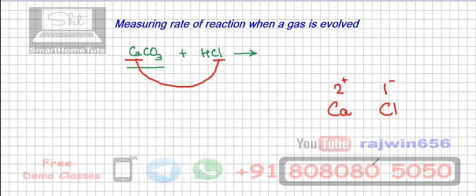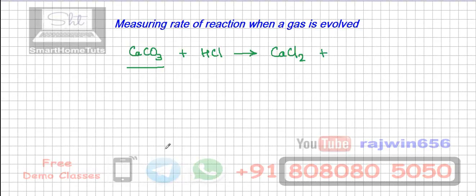How to write the formula of a compound that is formed between calcium and chlorine, that is calcium chloride? You are simply going to exchange these valencies. So this 1 which is there, I'm going to bring over here, and this 2 which is there, I'm going to bring it over here. So the formula of the compound calcium chloride is going to be CaCl2. This is what I'm going to write in the next part. CaCl2,